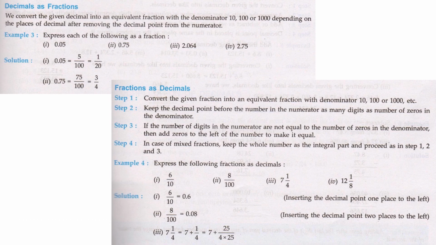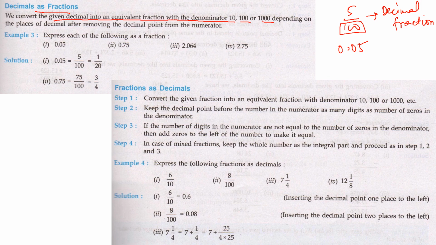Moving on to the conversion of decimals into fractions. So we convert the decimal into an equivalent fraction with denominator 10, 100 and 1000. So if I write 5 by 100 and 0.05, this is called a decimal fraction because it is a fraction whose denominator is 100, and it is a decimal and fraction because it has a numerator and a denominator. And this will be called a decimal number. And how many decimal places does it have? It has 2 decimal places. Okay,